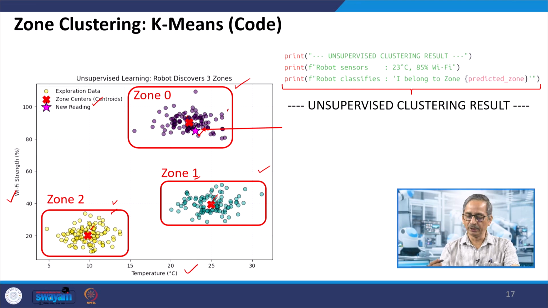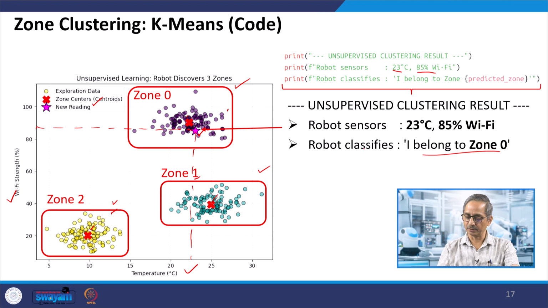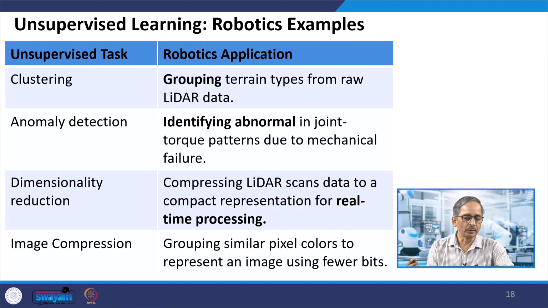So the new reading has been 23 degrees centigrade and 85% Wi-Fi strength. As you can see, this is around 23 degrees centigrade and something around 85% Wi-Fi strength. So the robot classifies it as belonging to zone 0. So you see,